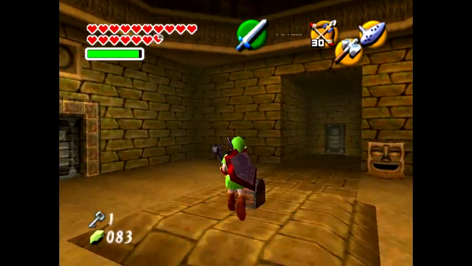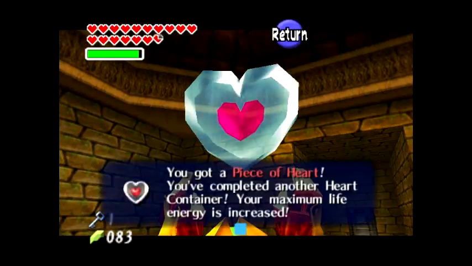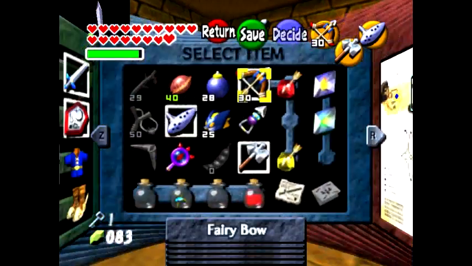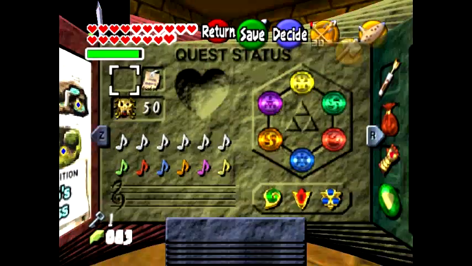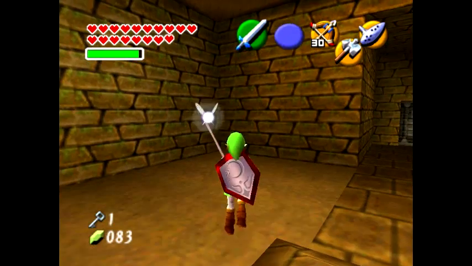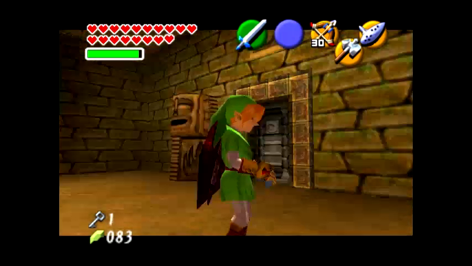Alright, that will cover it. Let's see what this random item is. And it is a random item. Oh, piece of heart. Okay. I got another 4 pieces of heart already? I could have sworn there was just recently that I just barely filled up another one. I guess not. Okay,